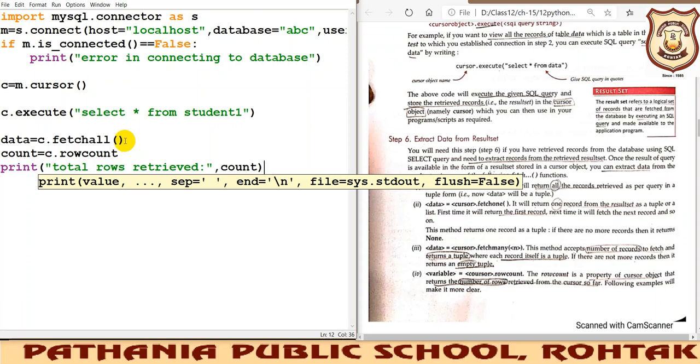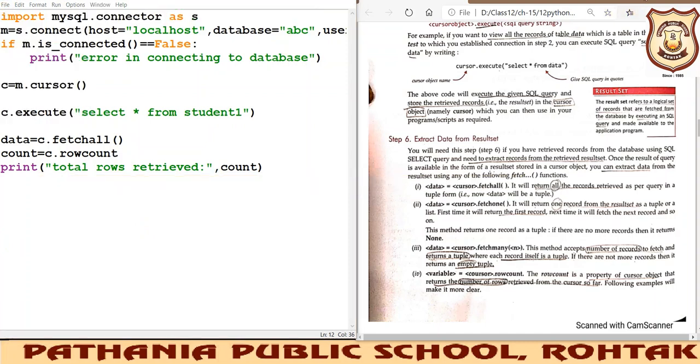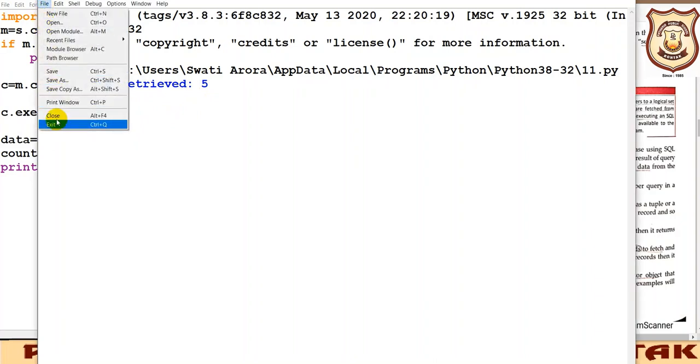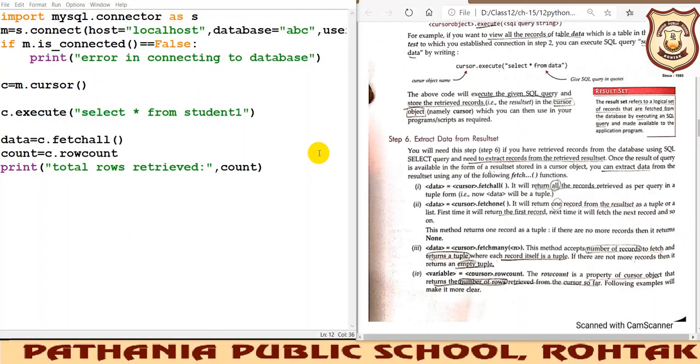Fine, so saving it and then we'll be running it. See, it is showing you the result: total rows retrieved 5. So it has accessed 5 rows, so it will show you 5. The count has been printed, so it has fetched 5 records, so the count has been incremented 1, 1, 1, and the last result is 5. I hope it is clear.